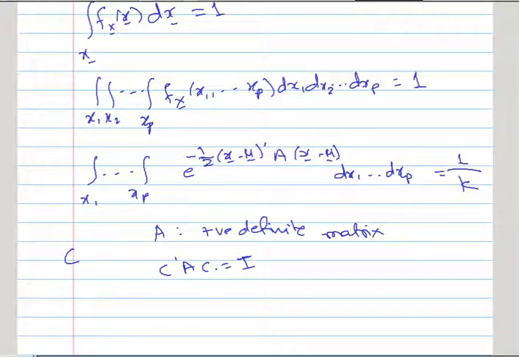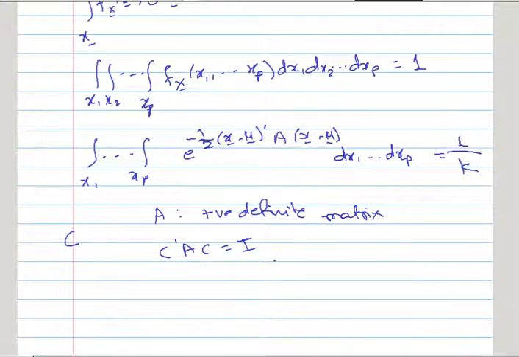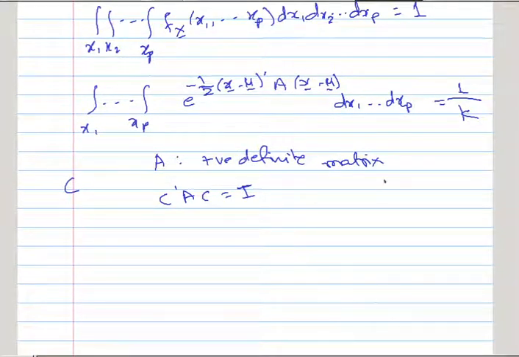Whenever we have a matrix A, there always exists a matrix C such that C prime A C is equal to I. It is a kind of decomposition of A inverse. Instead of multiplying by A inverse, we have considered two parts of A inverse, C prime and C. It is not exactly A inverse, but it is kind of that only. So C prime A C is equal to I in this expression. Once we are given the matrix A, based on that matrix we can find a matrix C such that C prime A C is equal to I.